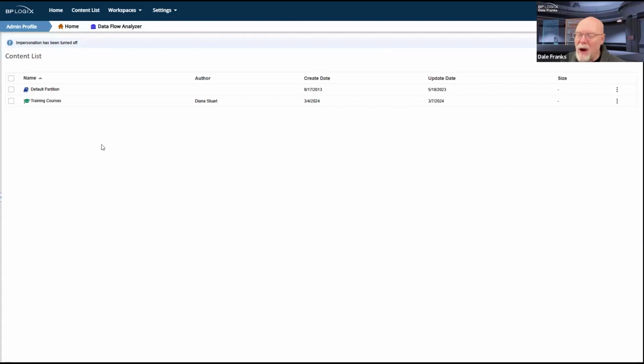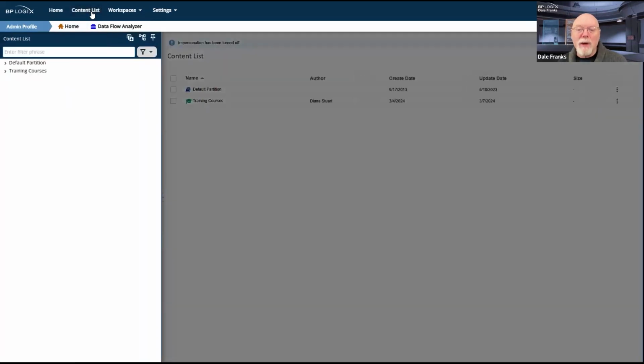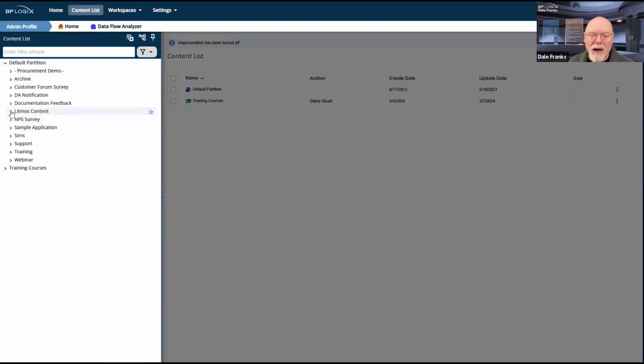And that was governed by your workspace membership. That's no longer true. Now you can individually turn on and off the content list for each user. We were talking about it being dismissible, of course, and so when I click on it, by default, the content list is dismissible, which means it will show now, and I can do anything that I need to do in terms of going in and finding items and what have you.